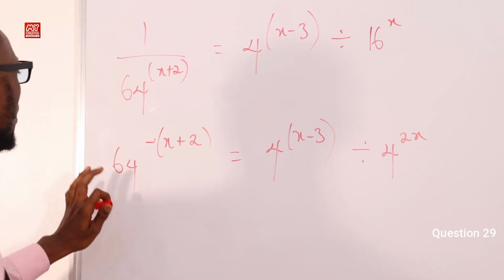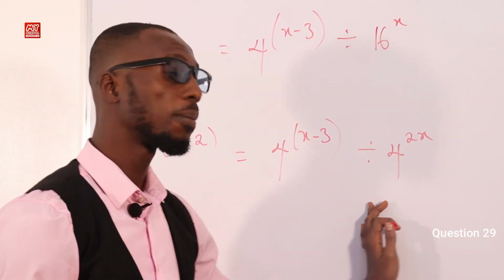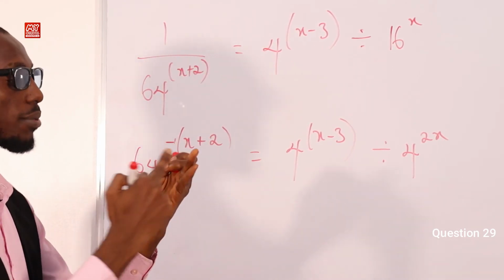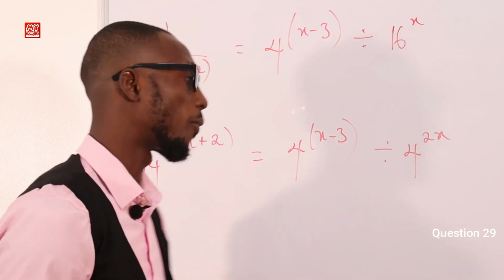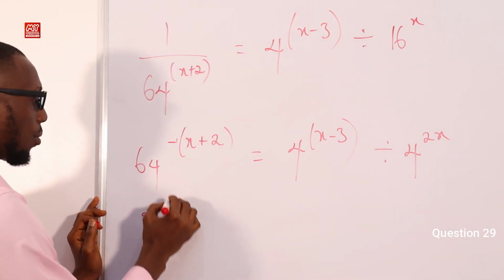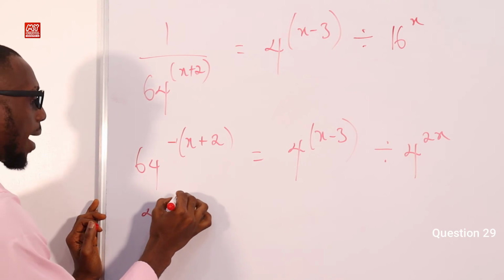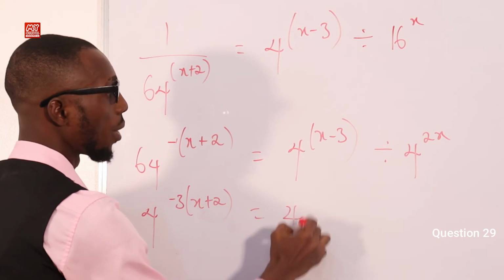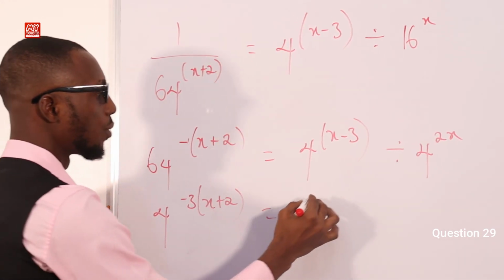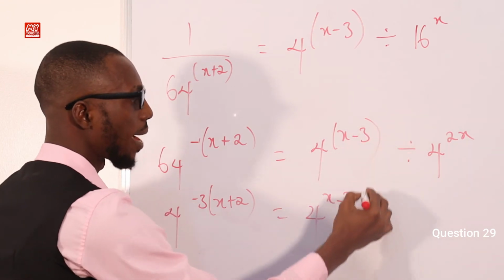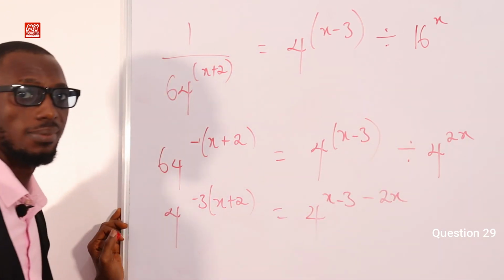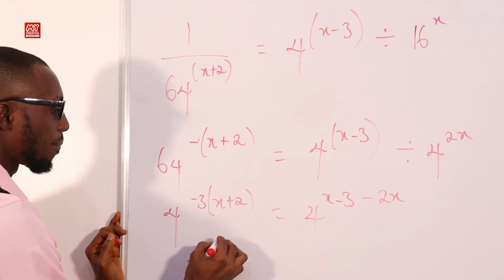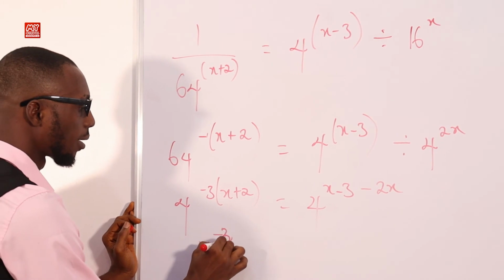If I want to bring everything to the base of 4, then 64 is 4 raised to the power 3. How did I know? 4 times 4 is 16, 16 times 4 is 64. So we have 4 raised to the power 3 times all of this, that will be minus 3 into brackets x plus 2, equals 4. We have the same base, so I'll just pick 4 into brackets x minus 3, divide means minus 2x. Simple, right? So I have 4 raised to the power minus 3 times this, I have minus 3x,